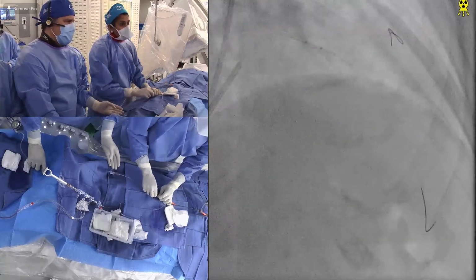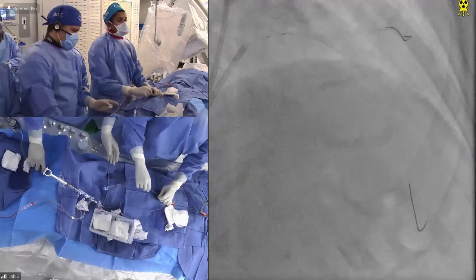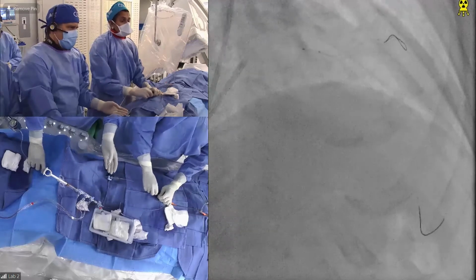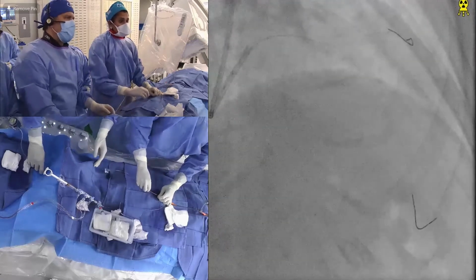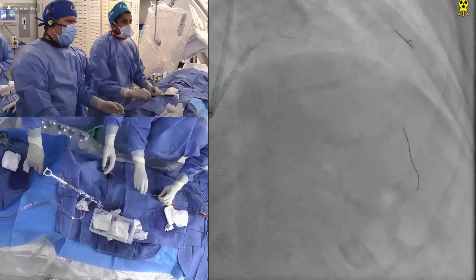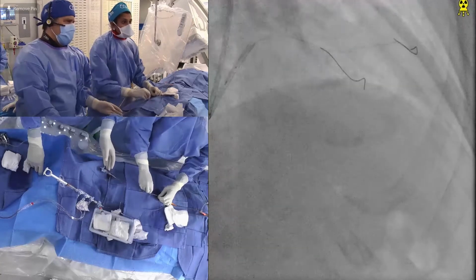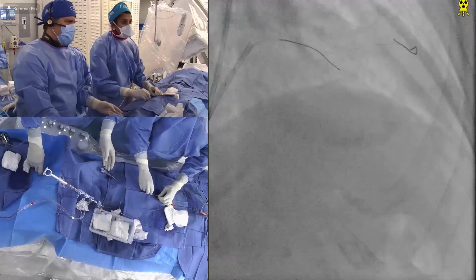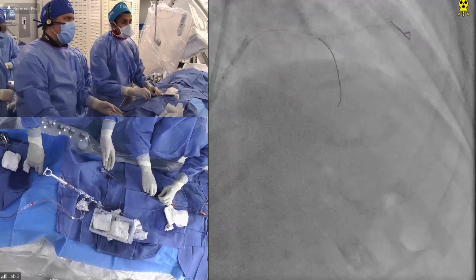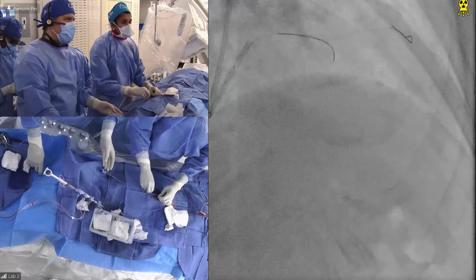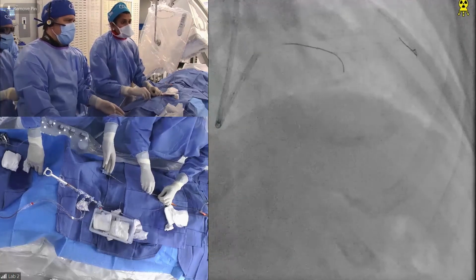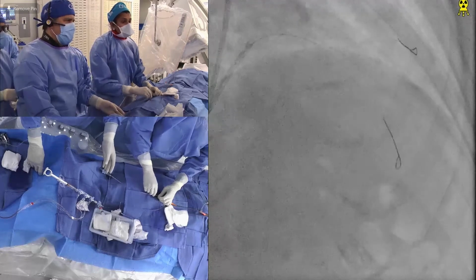The comments are very well taken. But the other question is that it is also complicated by a second lesion after the osteum. Correct. So if you do FFR now, it's not going to help us. No, you have to fix the first lesion first. Yeah, I agree. You have to fix the lesion first and then do an OCT. And then do an FFR.